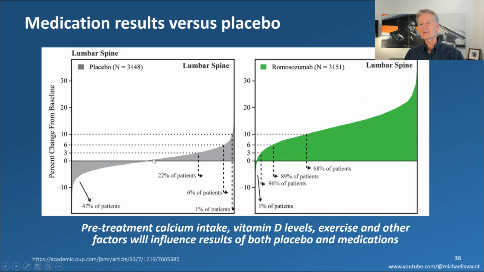Now, likewise, if you look at the left here, placebo patients that lose bone density, you kind of expect that, and maybe they already had correct vitamin D levels, and they already had correct calcium intake, and maybe they were working out, and there was nothing more they can do except for lose bone, right? On the left-hand side, yeah, there's some people that actually didn't respond. 1% of patients didn't respond, and guess what? These are the people that said, okay, just give me the shot every month, and they're not adding their calcium, right? They're not adding their vitamin D. They're not doing the things they're supposed to for the trial, which would help explain that, right? For the most part, these drugs are very effective if you follow directions. So again, just an interesting example.